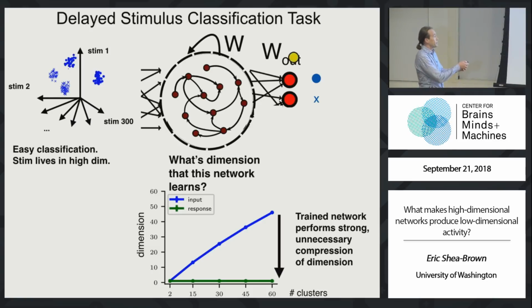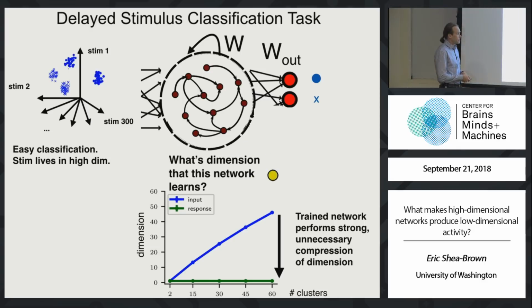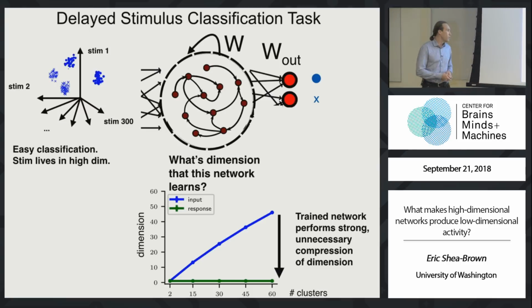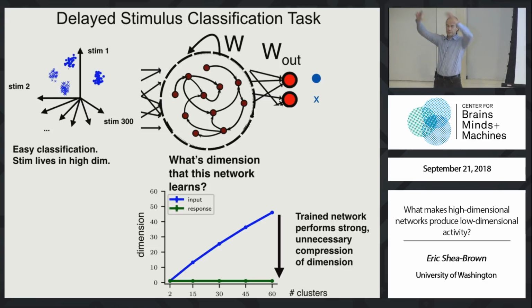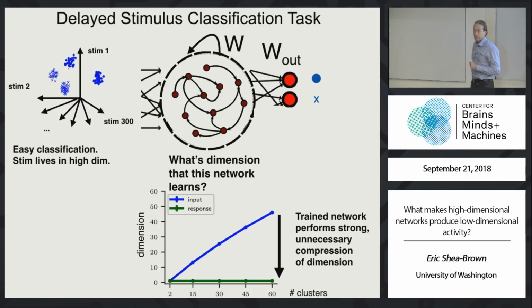When you do a joint optimization, at least of these readout weights, the representation in the neural network massively compresses the inputs. So in the end, what we end up with is a dimensionality that in this case is 2. Does this make sense? You have a linearly separable problem in the input space. You could just solve it right there if you want to, but that is not what recurrent neural networks do when you train them with backprop through time.